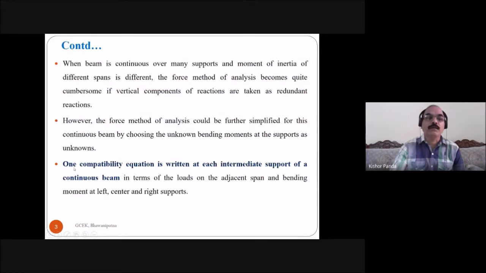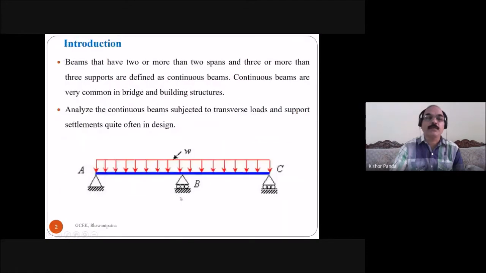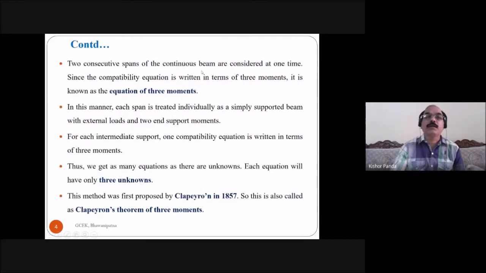And one compatibility equation is written at each intermediate support of a continuous beam in terms of loads on the adjacent spans and bending moment at left, center, and right support. This is center, this is left support, this is right support. Two consecutive spans of the continuous beam are considered at one time. Since the compatibility equation is written in terms of three moments, it is known as the equation of three moments. Here, as you are writing the compatibility equation in terms of three moments, that's why this method is called the equation of three moments. In this manner,